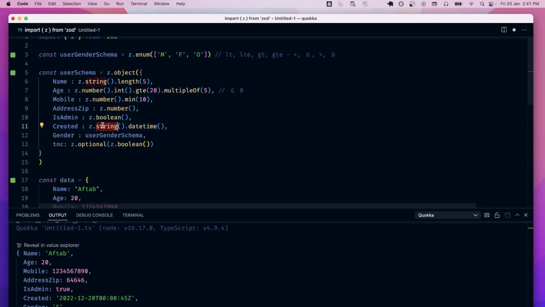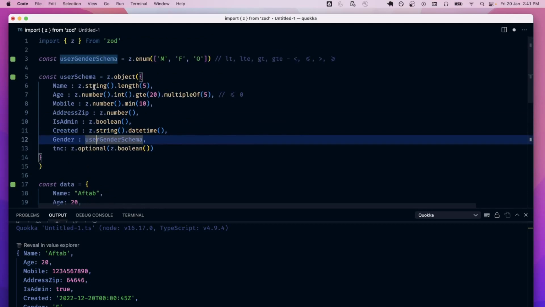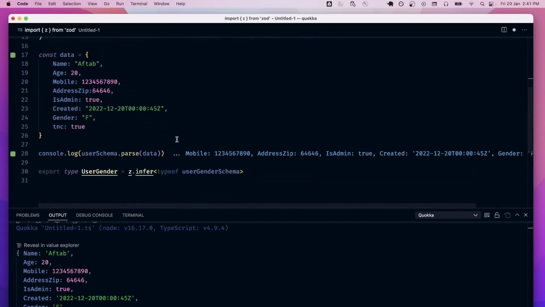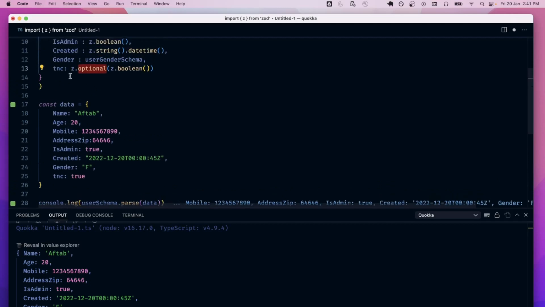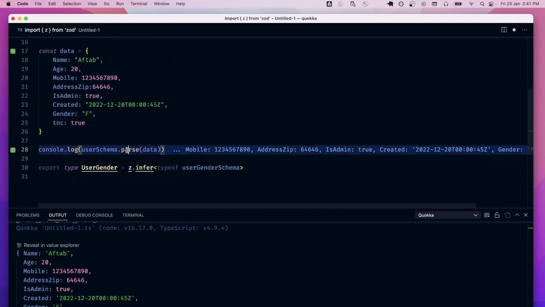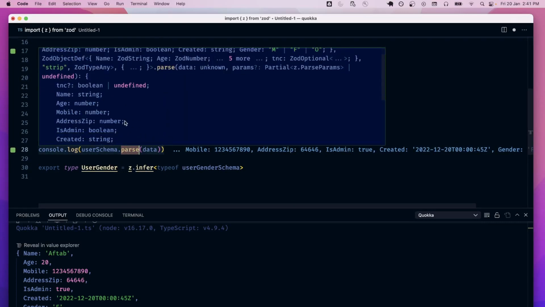Created is a string with the datetime value. Gender schema we use from above. And then we defined T and C as a Boolean value, but it's optional now, which means that whether this value is present or not,